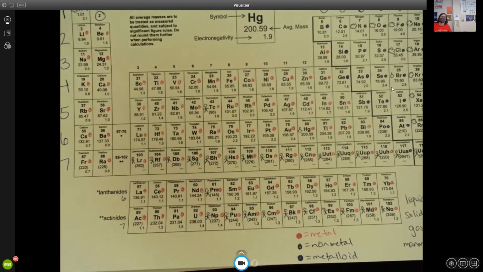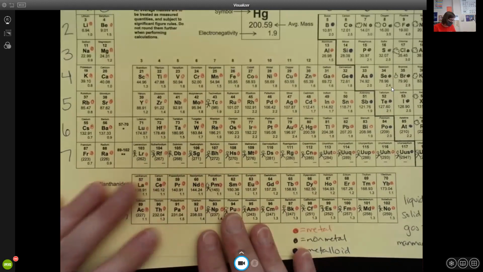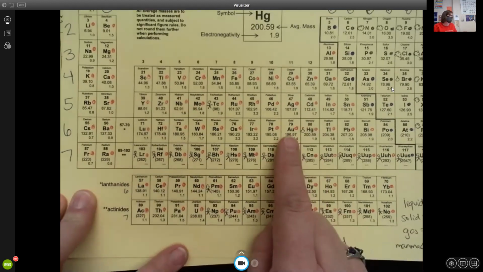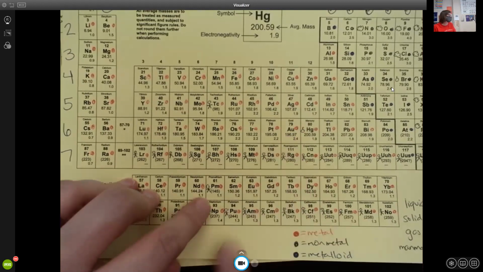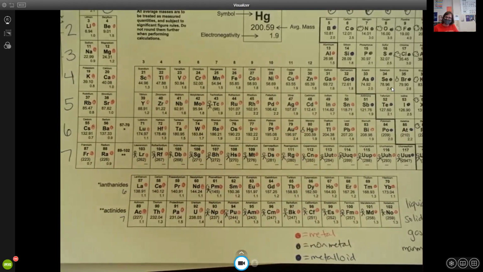So on the test that we're going to take the week after spring break, there's going to be questions that say something like, which of the following elements is malleable and shiny? And you'll think to yourself, oh, they're asking me which one is a metal. And then you're going to look at your periodic table and say whichever one on their list is red, if you use red like me, okay? So you need to know the characteristics of a metal, nonmetal, and metalloid, and you need to be able to identify metals, nonmetals, and metalloids. You also need to be able to know the state of matter. So we labeled that as well. So that is it for my notes for today. So I'm going to see if I can figure out how